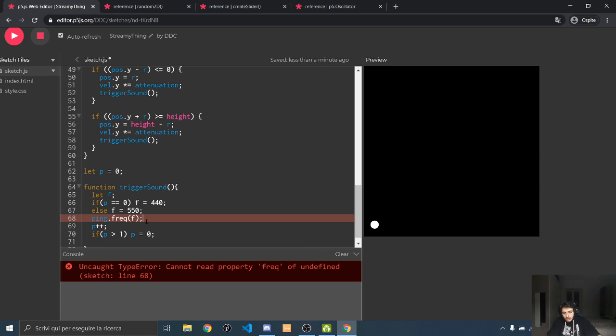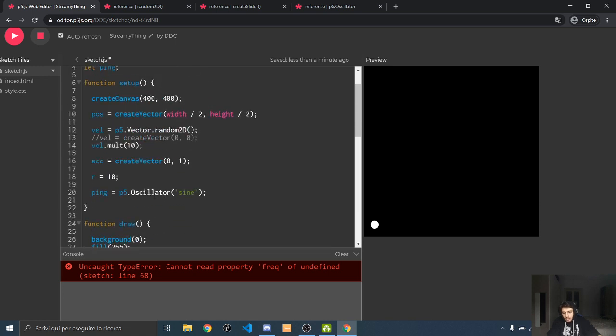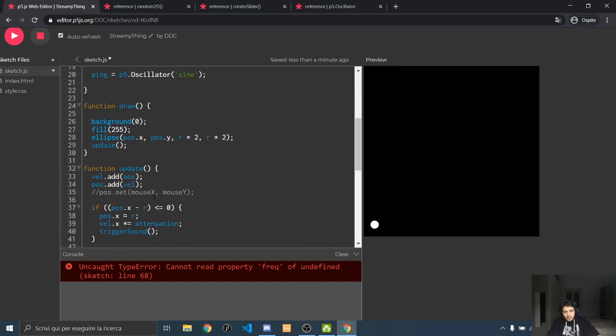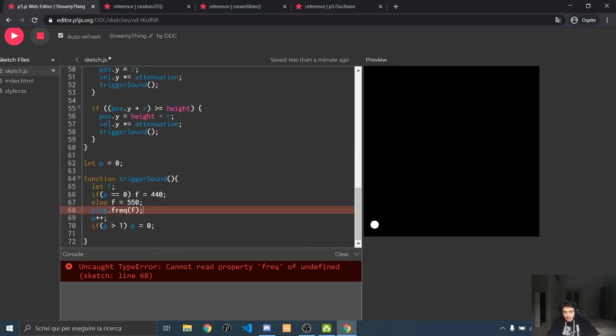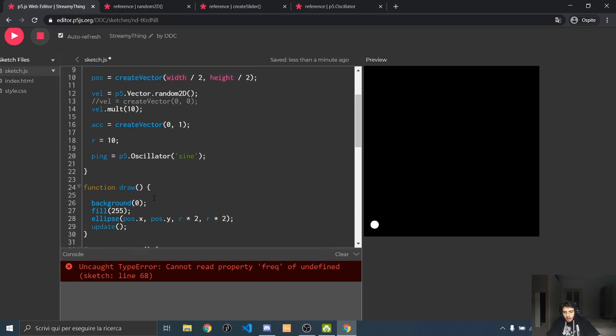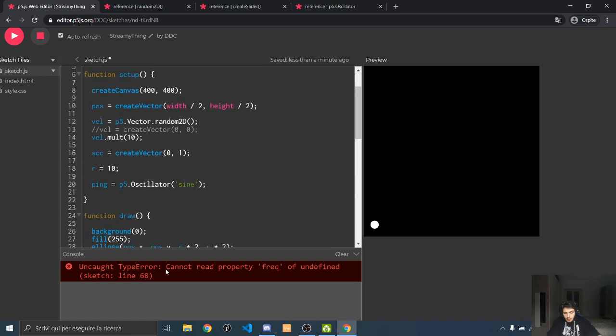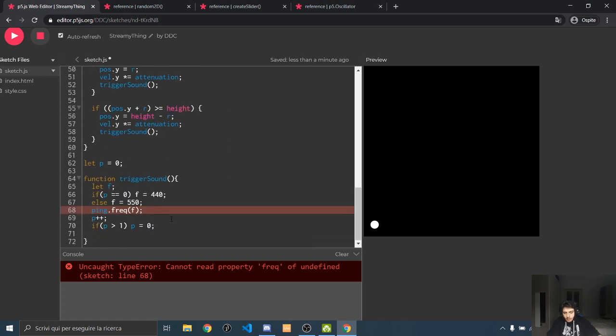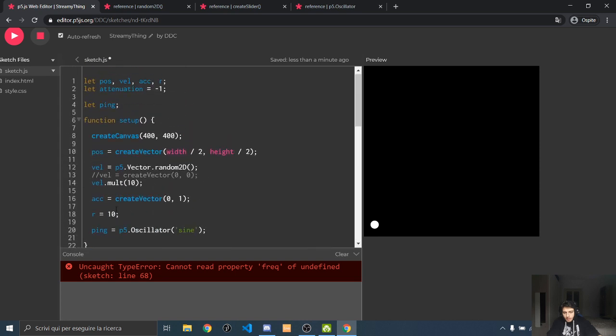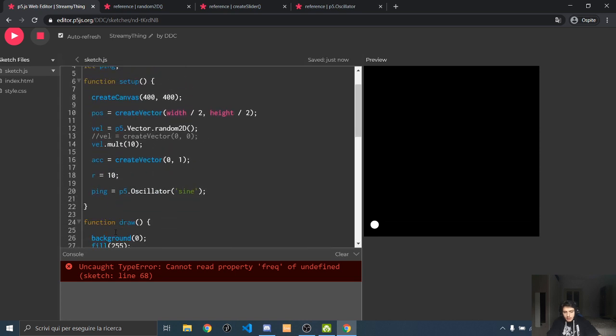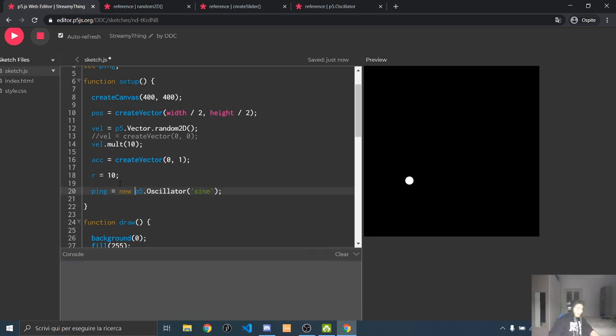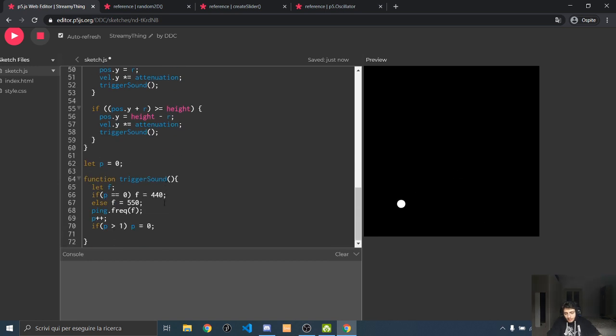Cannot read property frac of undefined, of course. Why? I don't understand. Why? Read property frac of undefined. Ping is equal to new. I forgot the new thing. So if I say ping dot start